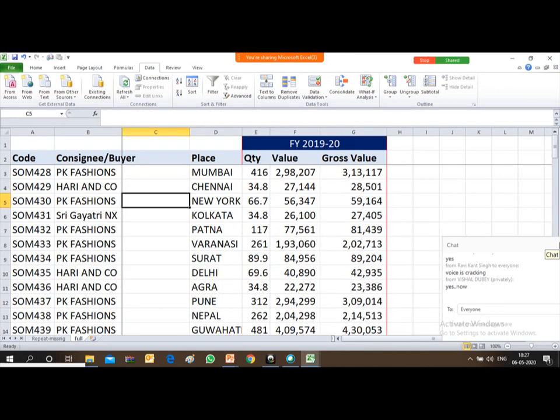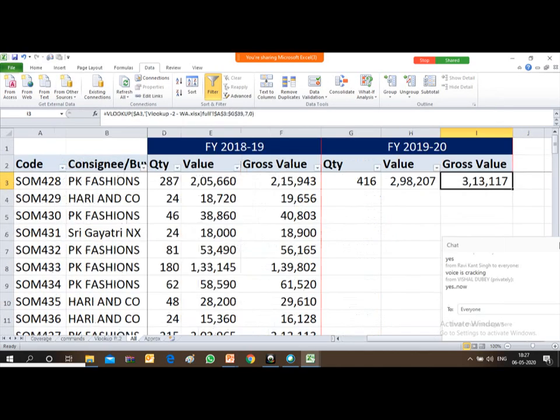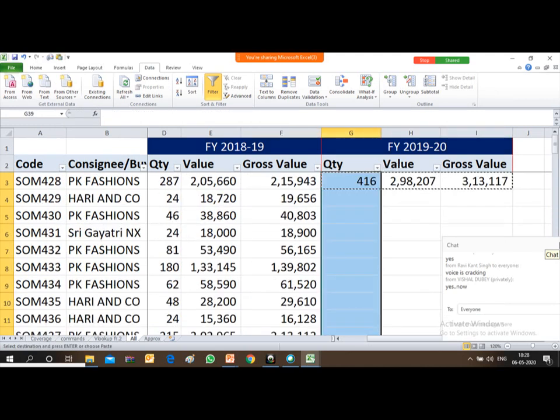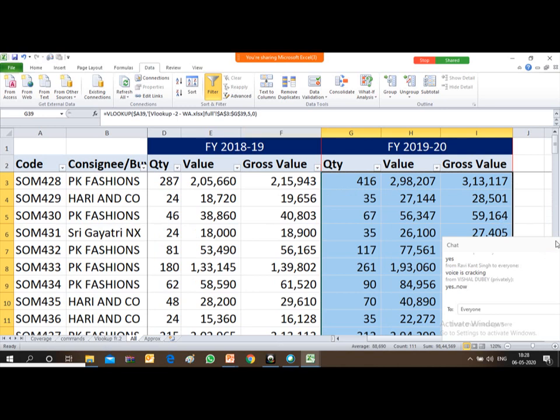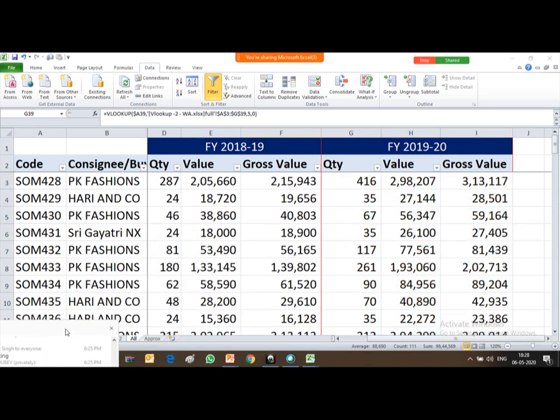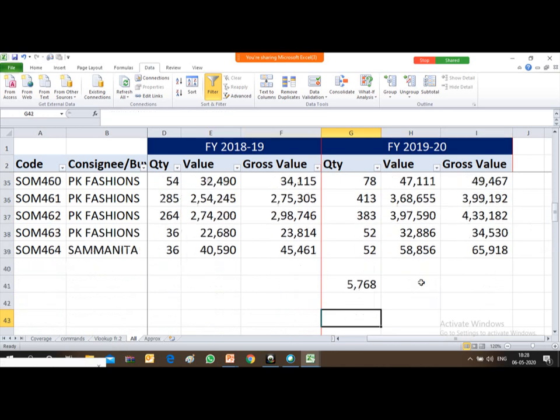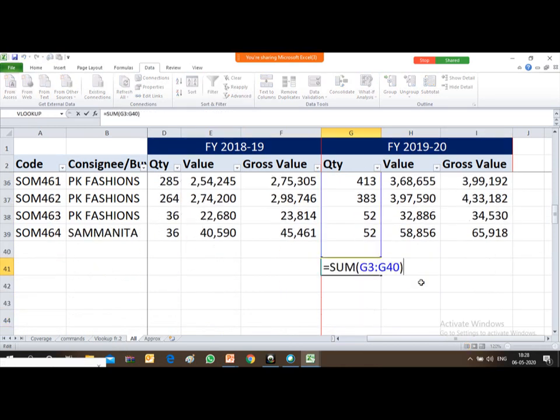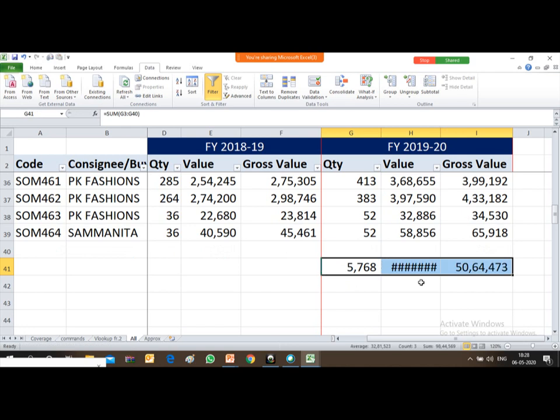In the first row quantity 416, value 298,000, and gross value 3,33,000 is appearing. So now the next option is available only to paste it in the entire area, and you can cross verify it also by the total of the value.